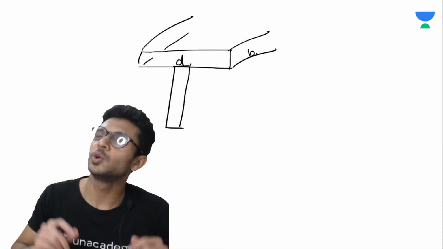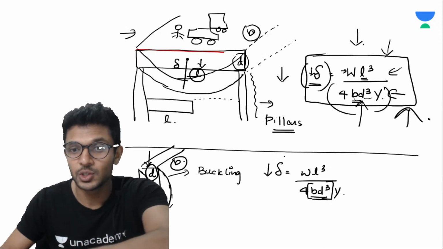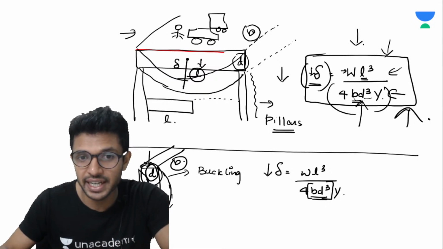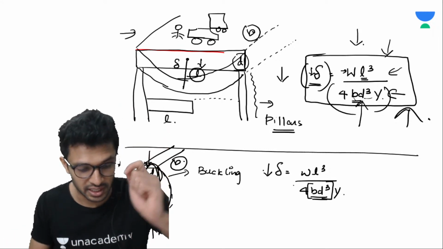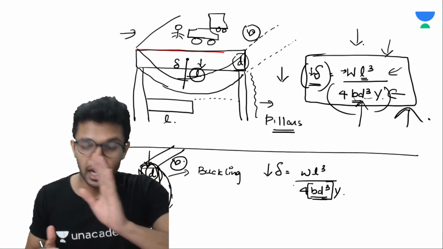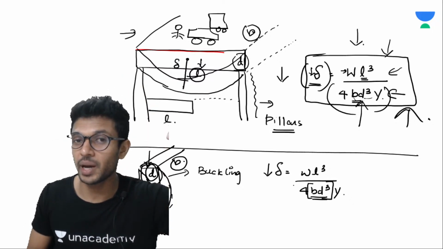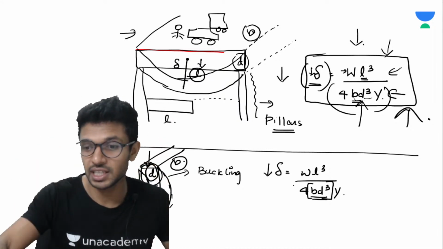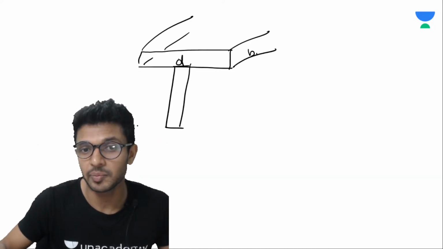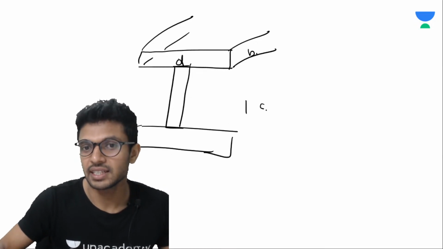So those who have passed under the bridge, if you have just looked upside, you could have seen this particular shape for the pillars. The reason is so that we can increase the value of D and B so that we can reduce that buckling process. Now whenever you go next time, you should look like this and explain to your parents or your little brother the reason for having this particular shape. We call this shape an I shape because at the bottom also we'll be having a similar shape.